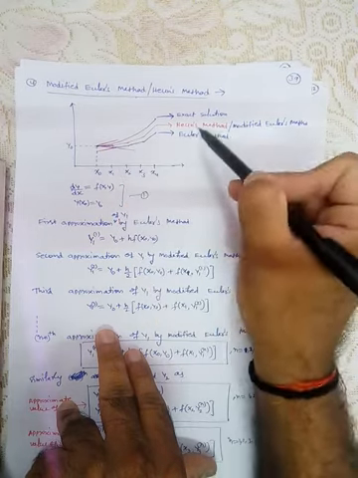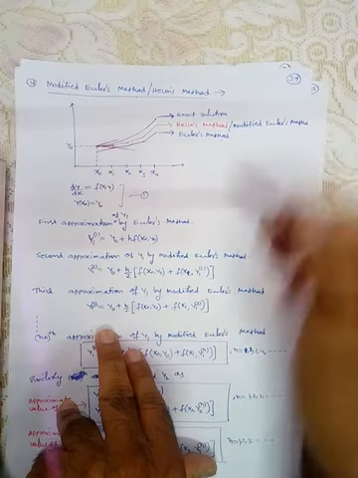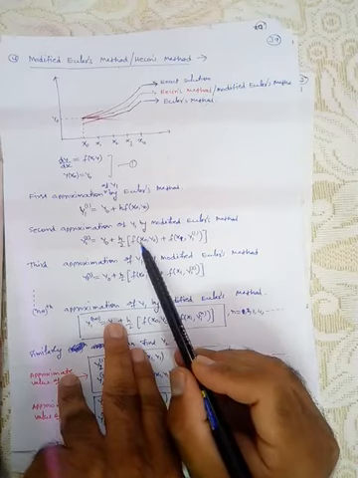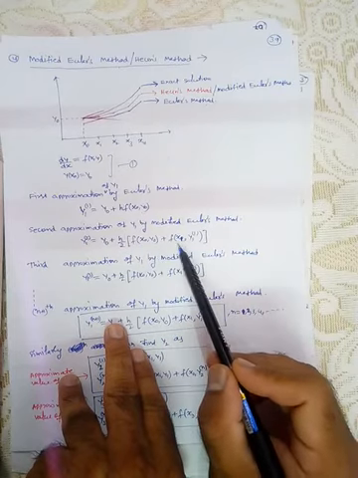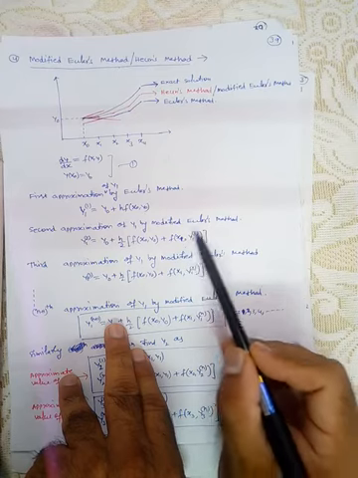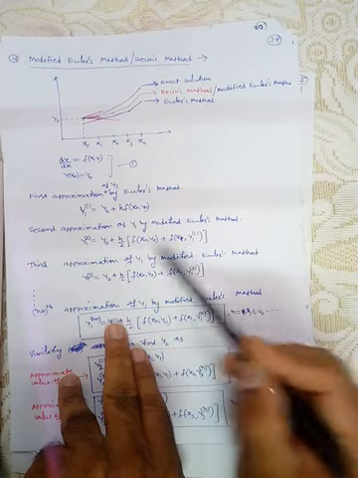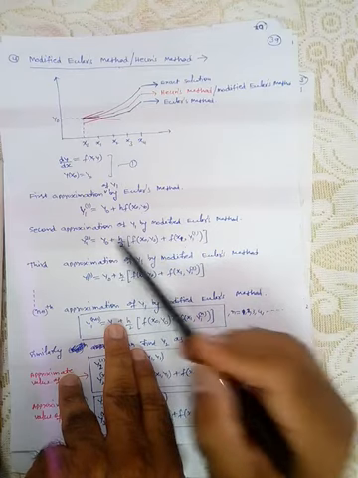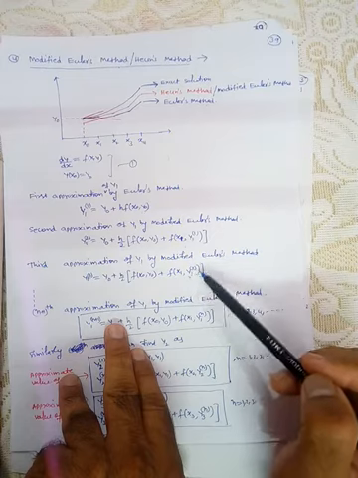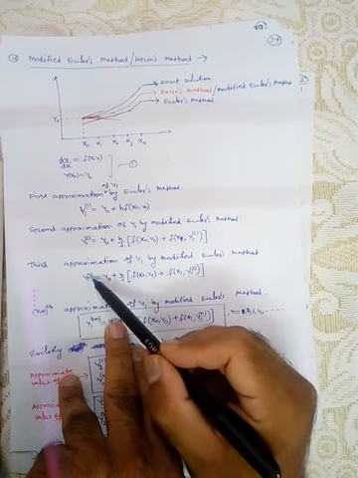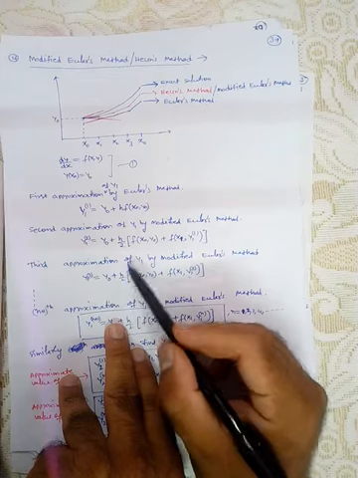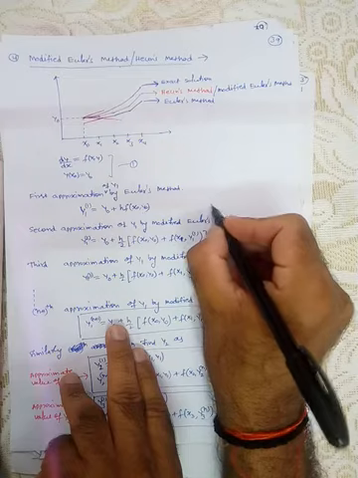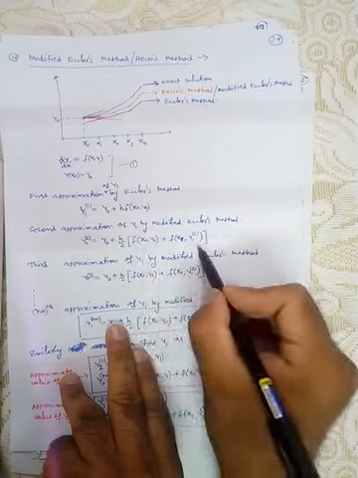but then this value is corrected with the help of modified Euler's method, in which we take the average of two consecutive slopes. Here the slope at x0, y0 is this, and this is the slope at x1 with the first predicted value. Take the average. So this is the first correction. Then again we use this value here and correct the value again. So y1, the third approximation, is y0 plus the average. So this is the first predicted value, then the value is corrected here by taking the average,